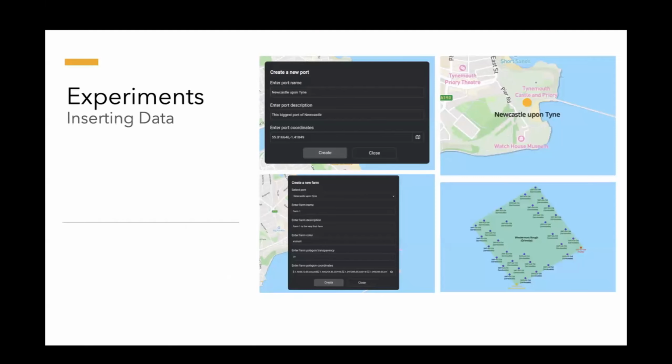The first experiment that was carried out is entering data. It's the starting point that afterwards allows creating inspections. For that, the operator places on the map such entities as port, farm, turbine, and creates ships and workers. As you can see in the picture, the operator fills in the needed information in the form, and as a result can see data on the map. The operator can manage farms, edit and remove turbines, and so on.